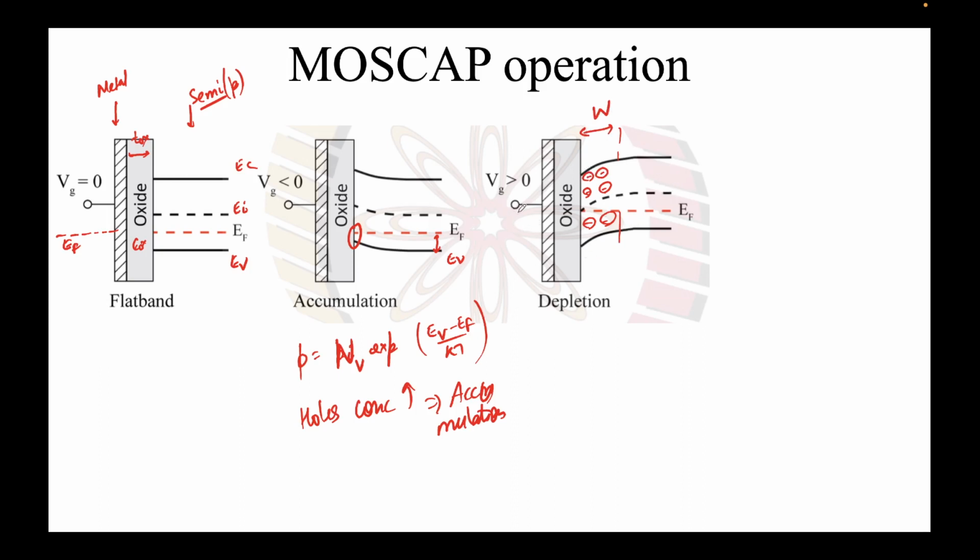Okay, what happens, and notice one key thing, that this is Ei. Now the bands have bent, and it just so happens that the Ei at the surface has become exactly equal to Ef. So if you apply this expression, n equals Nv exponential of (Ev minus Ef) over kT, so at the surface